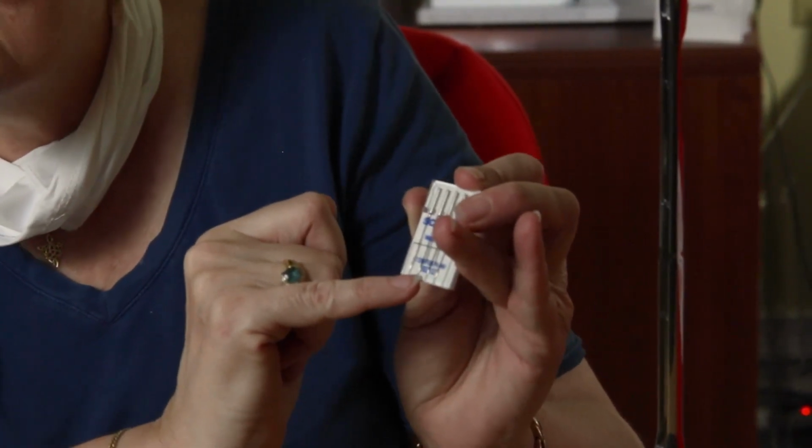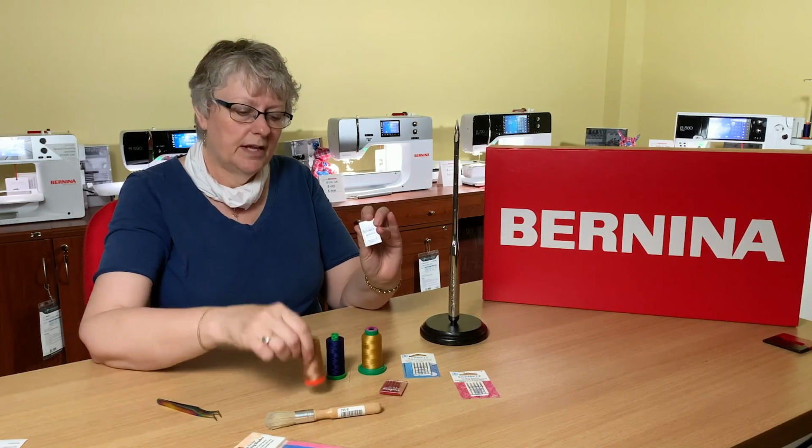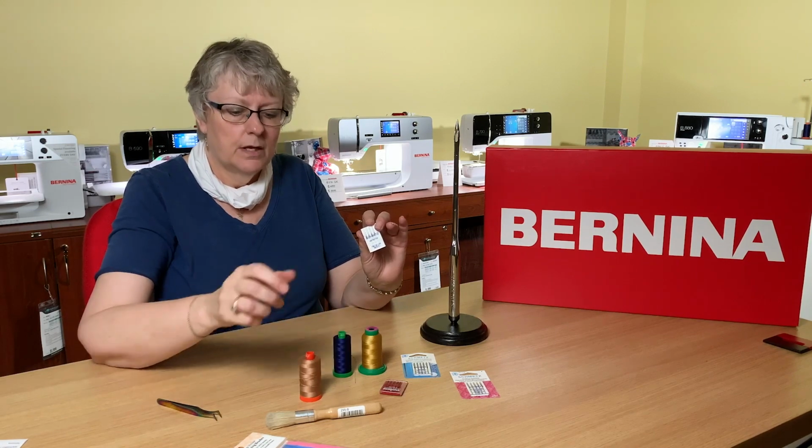An 80 is a good general all-purpose one. It'll work with 50 weight. And if you're not going at tremendously high speeds, it'll also work with a 40 weight. So